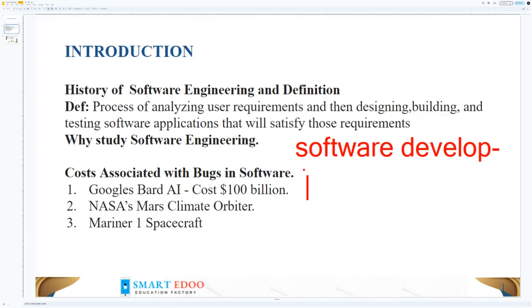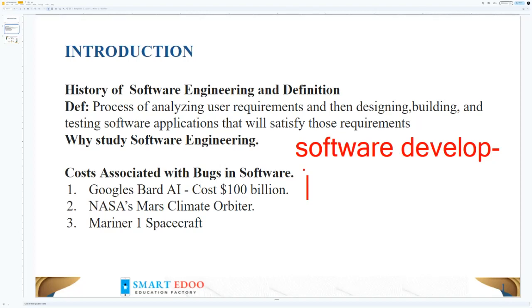What is common in software engineering, despite any software that you might be developing, are the processes that we are going to look at. So I just want to let you know that we'll be looking at the principles rather than the actual process of development of software. Okay, moving on. Why study software engineering?